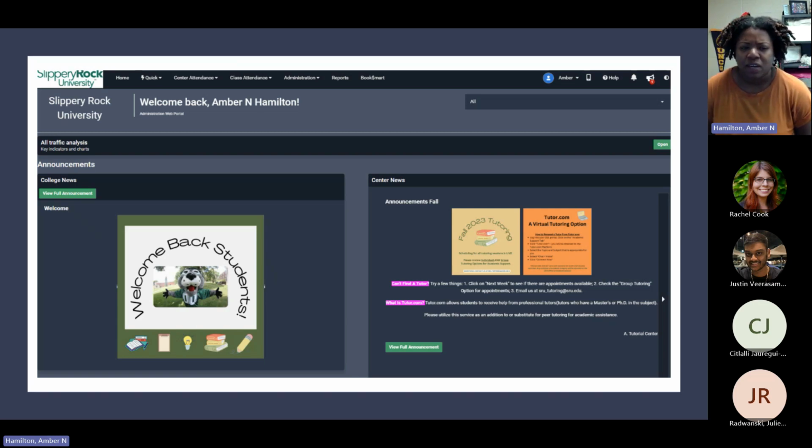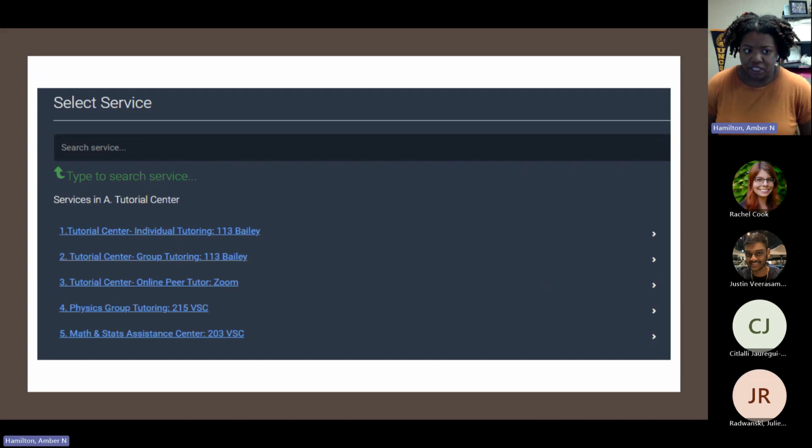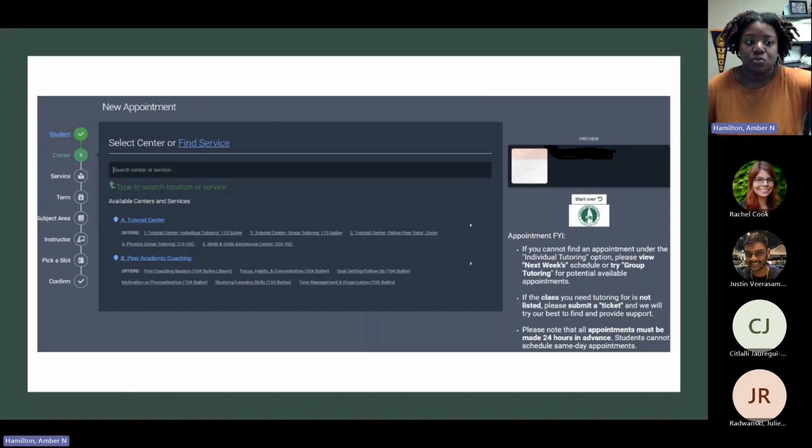But then I thought to myself, why can't we all share this particular platform? Why can't we come together and make it work so students aren't going around looking for different avenues or outlets to find the help that they need? And so I had conversations about that with my peers on campus, and luckily, this past year, we were actually able to have 2